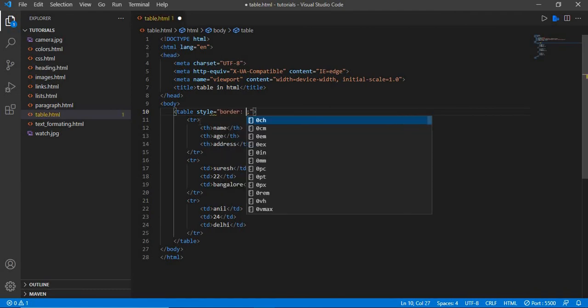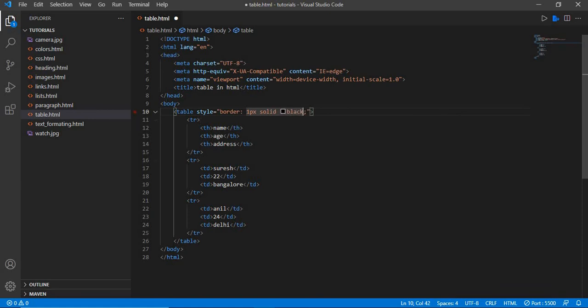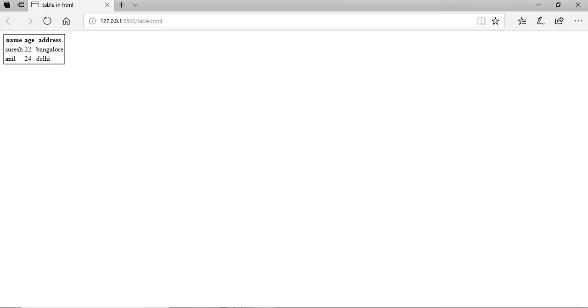The style is border, and we will give 1 pixel solid black. This is how we give a border. These things we'll learn in CSS, so we'll make a separate tutorial for CSS also. Here you can see we have added a border for our table.